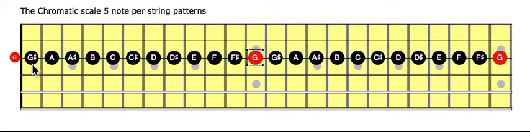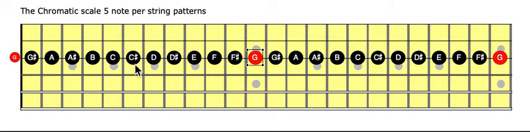The first mode is G chromatic scale, the second one is G sharp chromatic scale, the third one is A chromatic scale, the fourth is A sharp chromatic scale, the fifth is B chromatic scale,